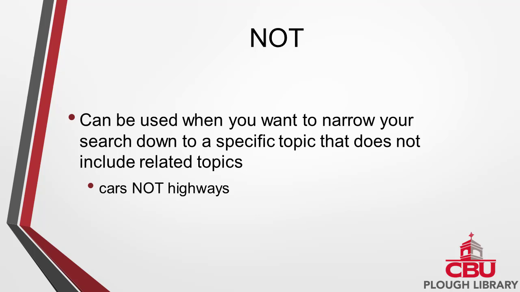Let's say that my project is about people's car use on surface streets. Here, I don't want to know about how people use their cars on highways. I only want to know how they use cars on surface streets. So I can search for cars, not highways, and this would result in materials that cover cars, but not anything